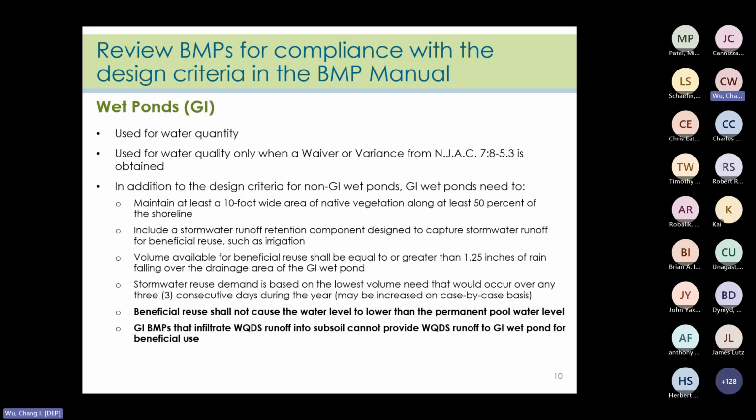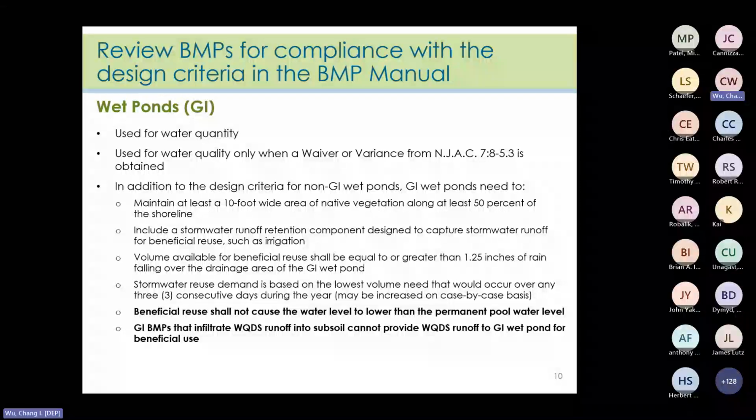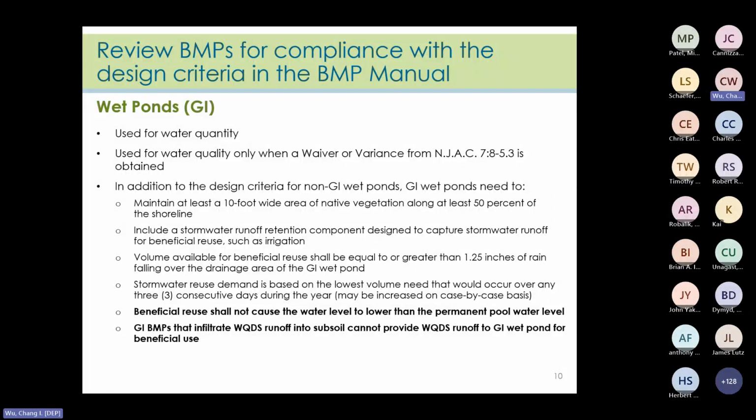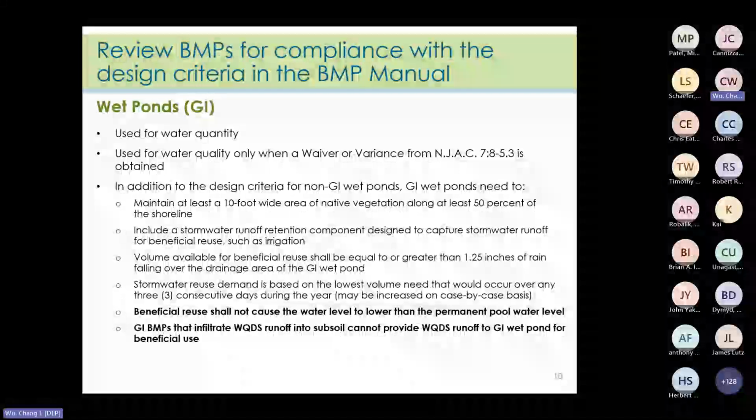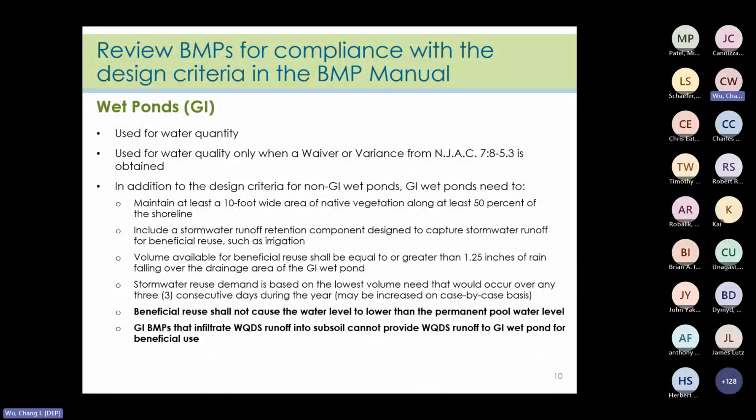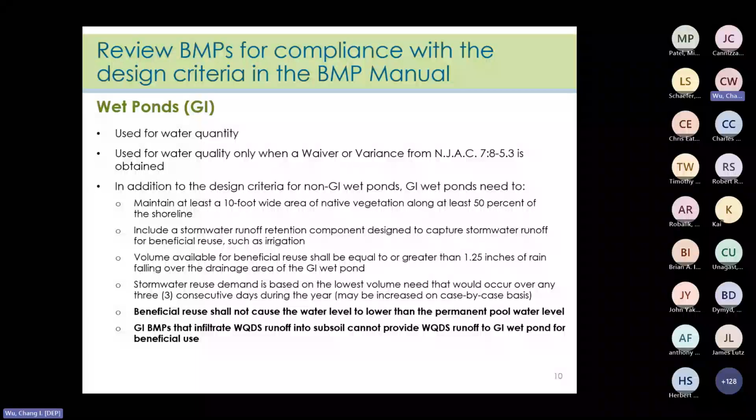And next one is the GI wet pond. GI wet pond is listed in Table 5-2, which means it can be used for water quantity, but it cannot be used for water quality. So if you want to use a GI wet pond for water quality, then you need a waiver or variance from the rules. In addition to the design criteria for the non-GI wet pond, which means those permanent pool sizing and the ratio,